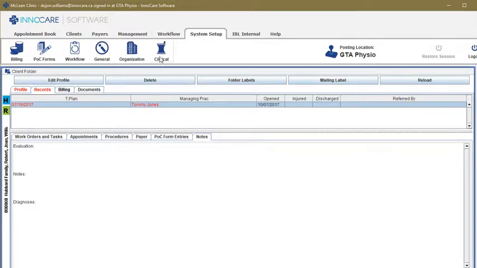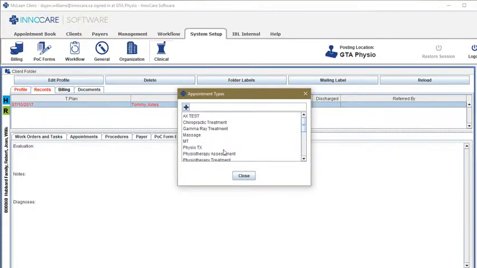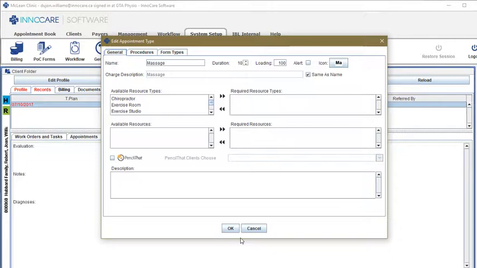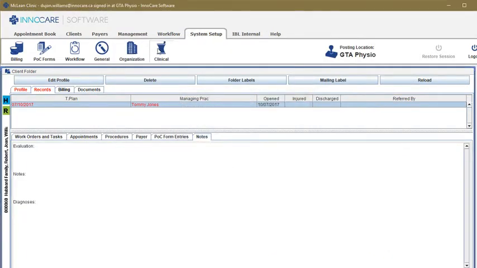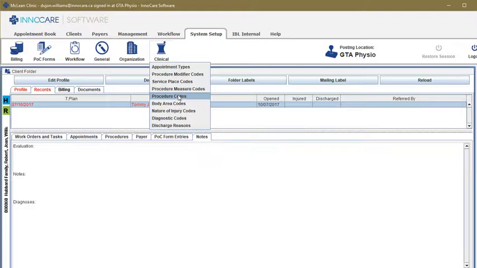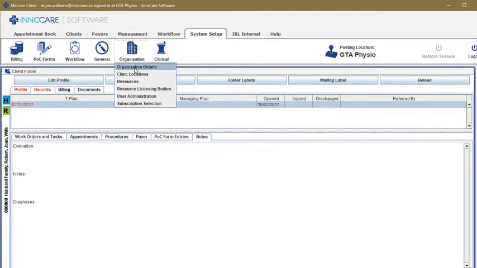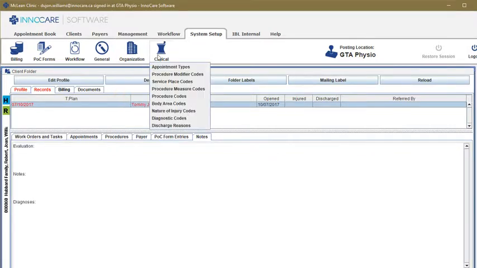System setup is where you would set up your schedule, your appointment book, essentially, even the software. So like creating the appointment types, creating the amounts that it costs for each one. All of that information would be found in here. So you'll be able to create your appointment types right here. And then you also have the option of your procedure codes, which will be helped enter on your billing training. But you also have under organization, organization details, subscription administration, where you'll be able to set the subscription for certain practitioners. Along with, if I go back to clinical,